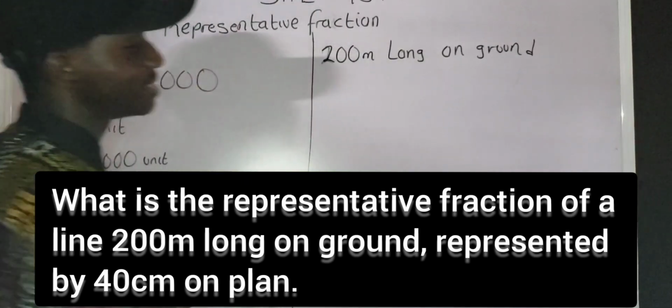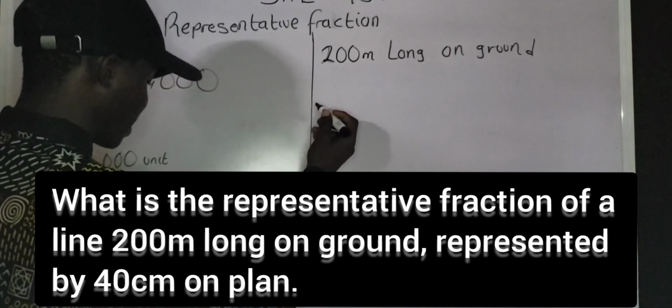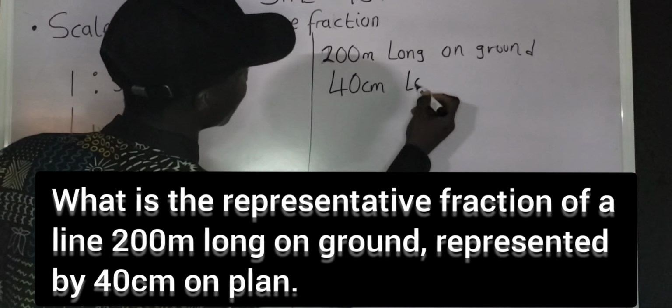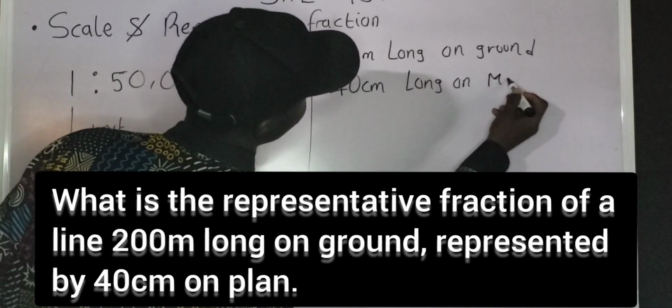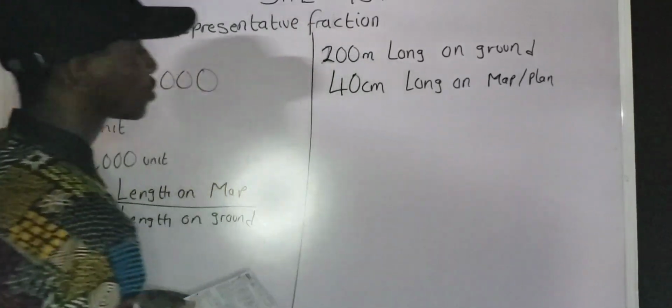And the plan in that question signifies the map. Are you getting what I'm saying? So on the plan, that is on the map, it was represented as 40 centimeter. Have you seen now? 40 centimeter long on map. You can put on map or on the plan. Okay. Now we are told to calculate the